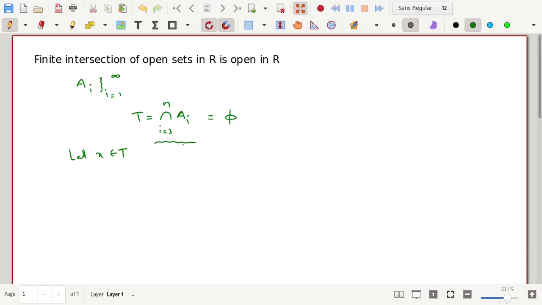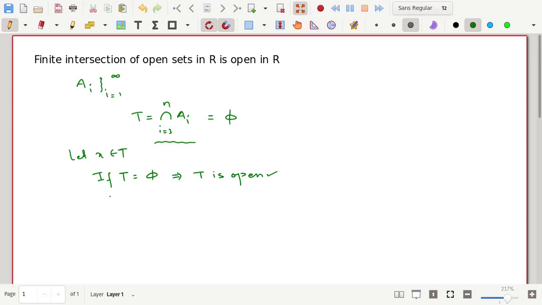So in case T is equal to phi, because we may have their finite intersection be the empty set as well, it's obvious that we already had a proof that an empty set is an open set. So this proves that T is open, and in this case our theorem is proved.